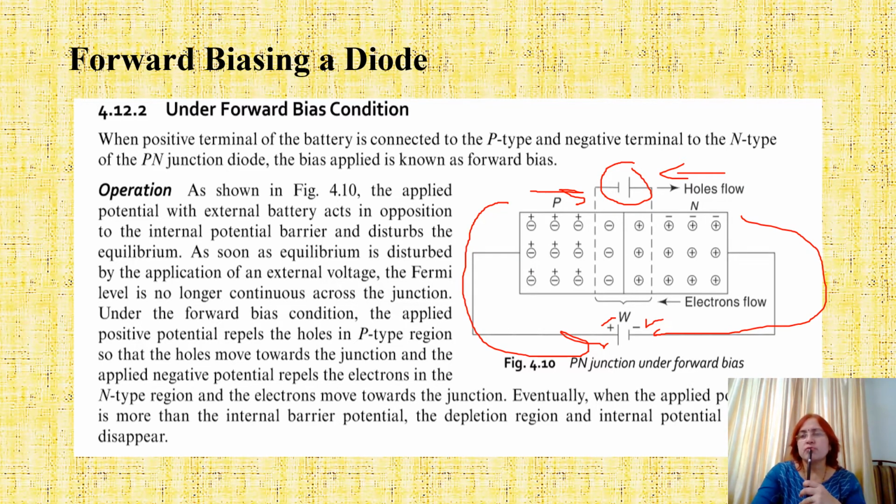To decide the direction of flow of current through the diode under forward bias condition, consider the flow of electrons. The electrons will flow from N region to the P region like this, in this direction. So direction of electron current flow is like this, and therefore our direction of forward current, conventional current flow, is in the opposite direction. So our forward current will flow in this direction.